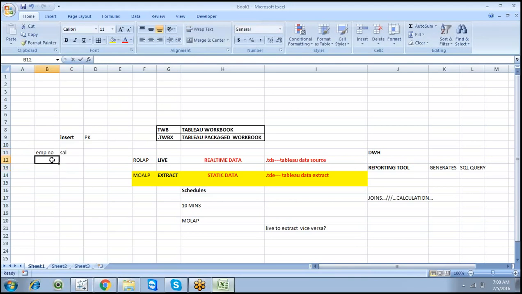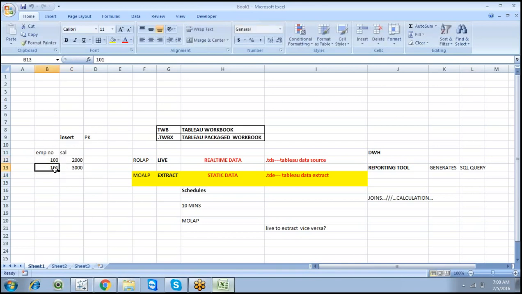I have employee ID 100, salary 2000, and employee ID 101, salary 3000. This is my data. Now if you're working with a static, this is a snapshot of data. If you directly connect to this Excel, it loads only two records.